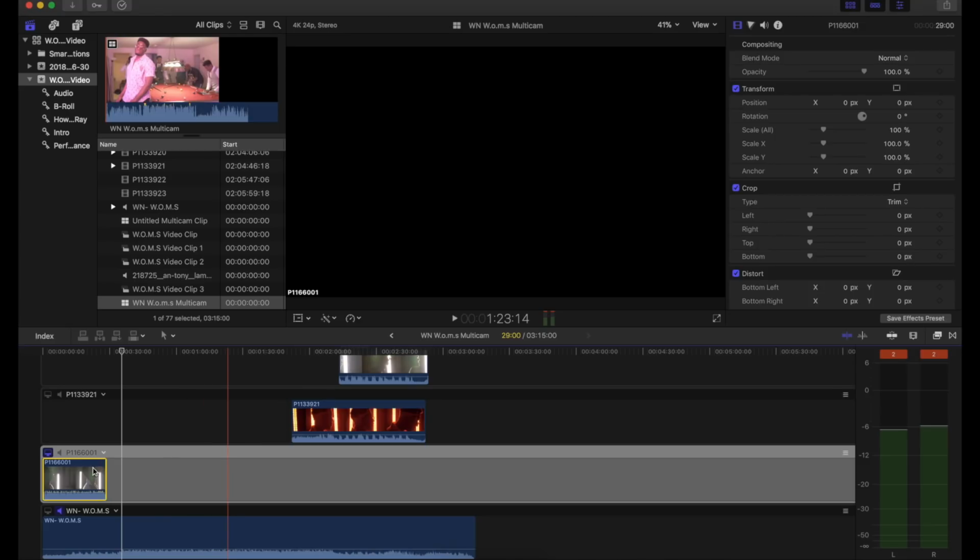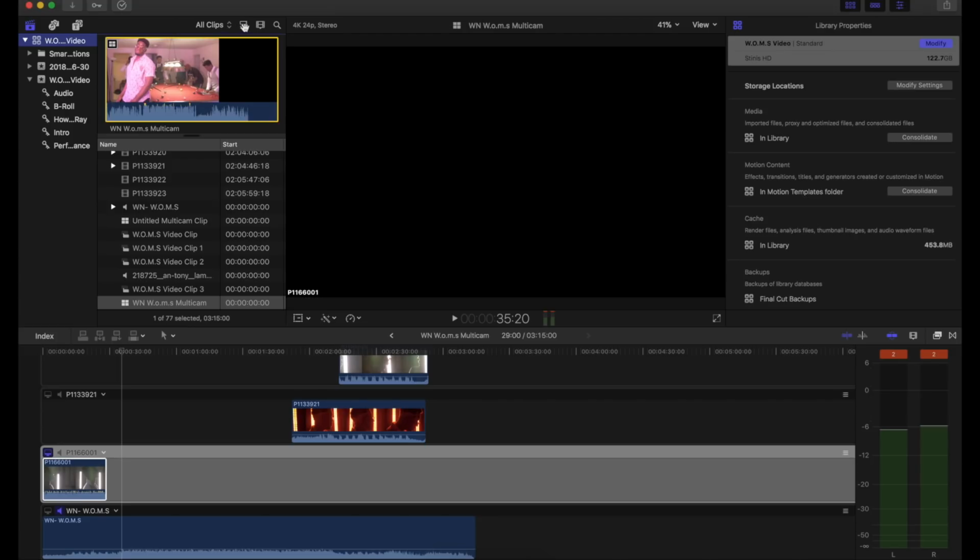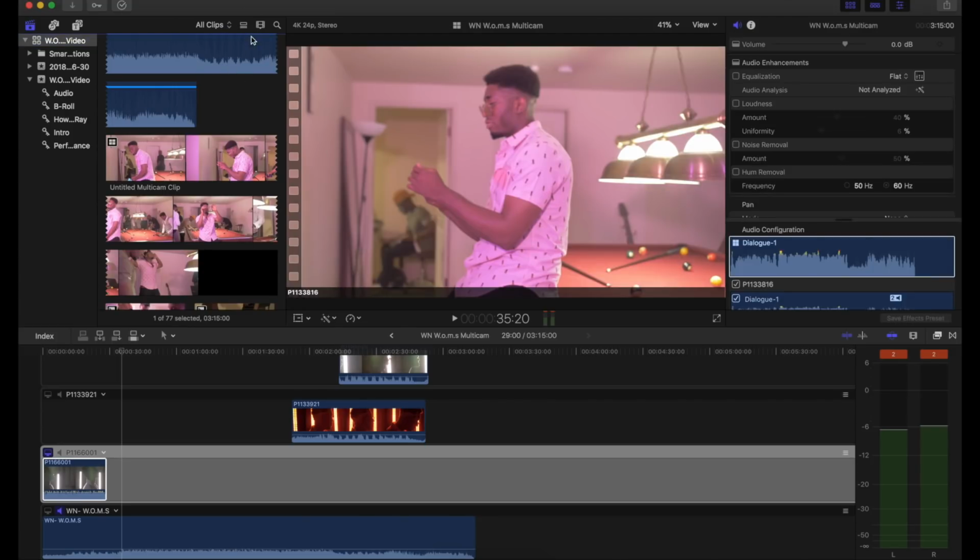Okay, so sometimes you're gonna run into this issue too, where it's not going to let you move the clip around for whatever reason. Even when you click N to move it around, it's not going to work. So to get out of your multicam clip, now this was an issue in one of my old editing tutorials people didn't see, but if this issue happens or you just want to get out of your multicam clip, you go up to here, click your project at the top, click out of this, and it's going to take you into here.